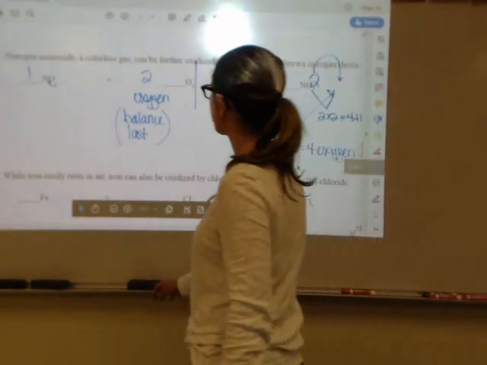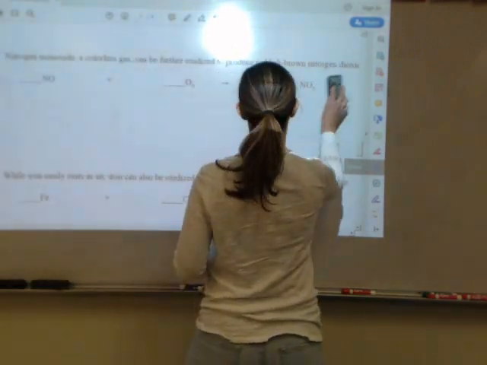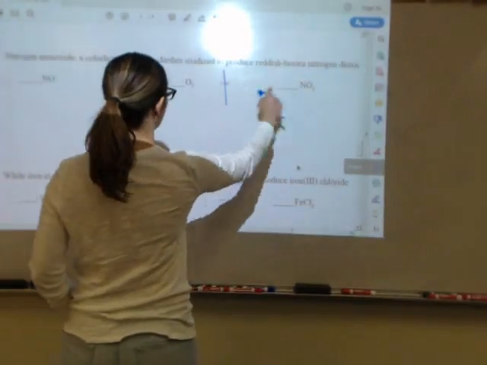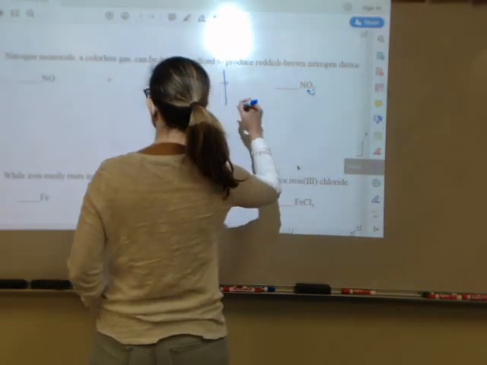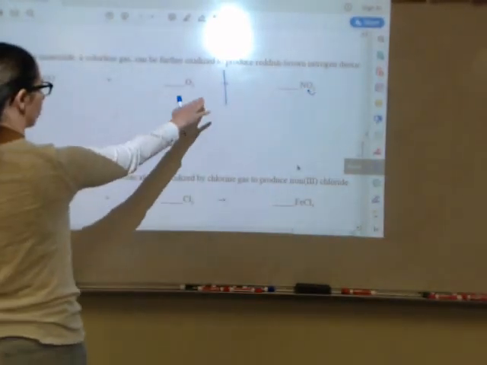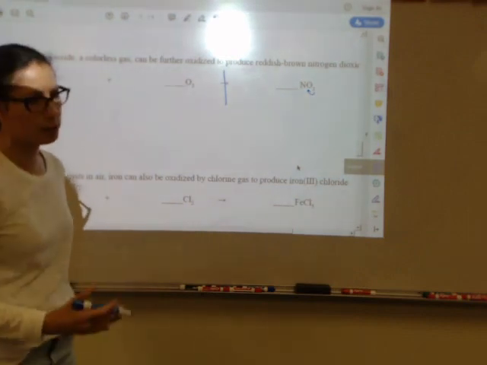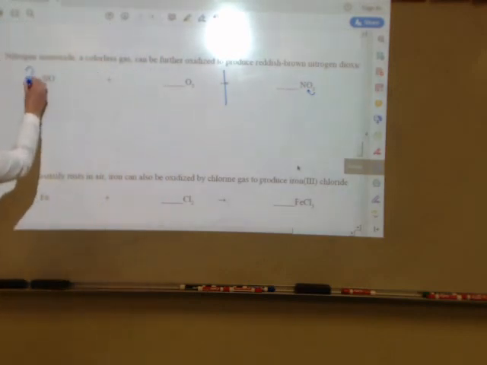Let's look at number 6. I have a nitrogen on each side. And I have 2 oxygen here on the product side, but I have multiple oxygen over here. I have 2 plus 1, which is 3. So sometimes when you have an odd number of oxygen, or an odd number of something in a compound, you want to try and maybe make it even by putting a 2 in front of it